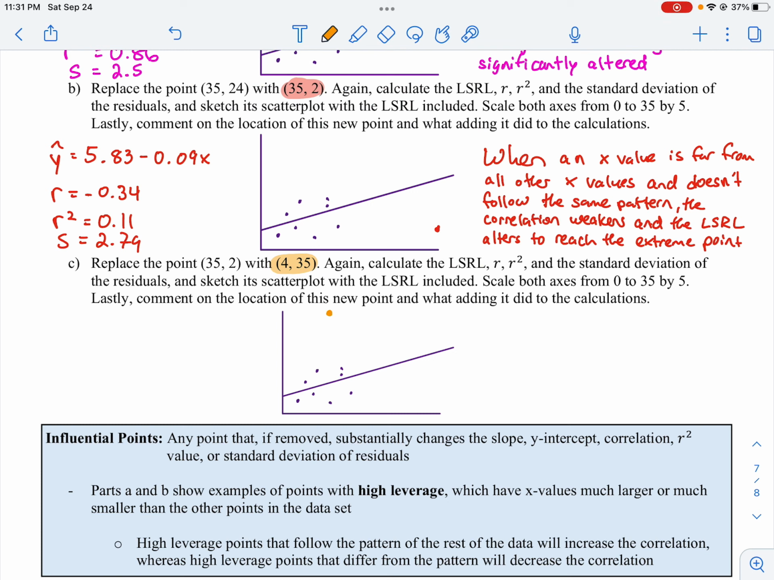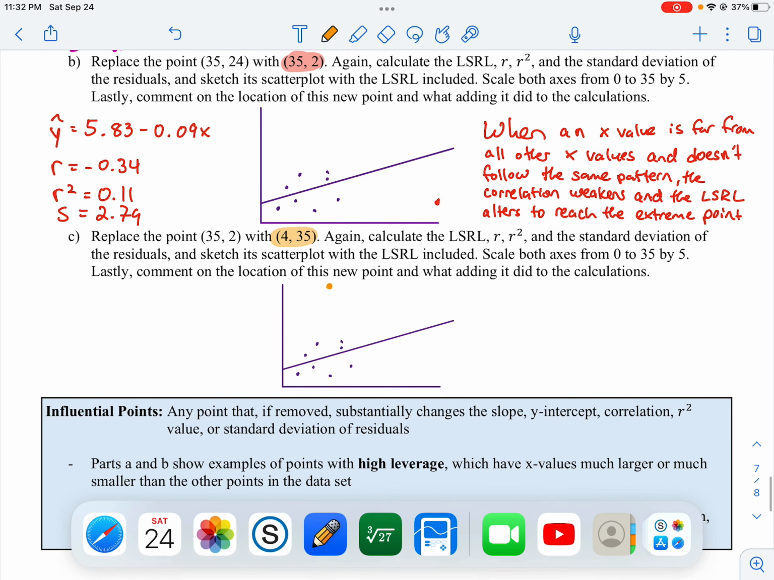So what I want to know is what's going to happen to my line here? What's going to happen to my correlation? What's going to happen to my standard deviation of the residuals? Okay, so take a moment and think about that for yourself. What's going to happen? Okay, so now let's take a look. If I pull up this information one more time,